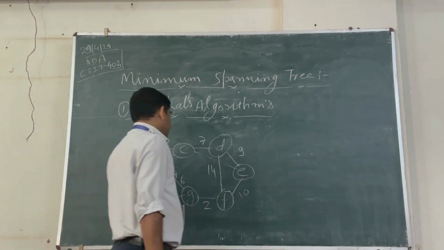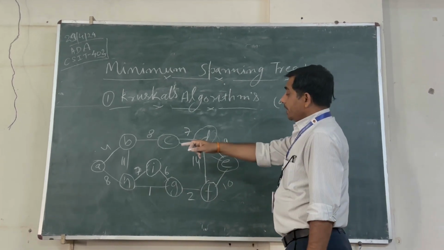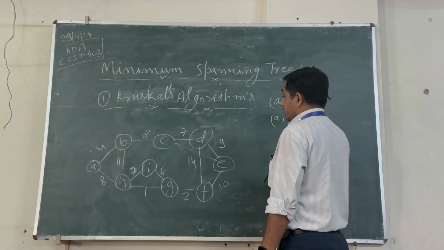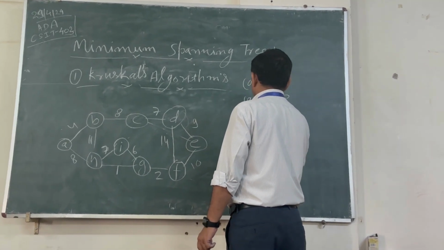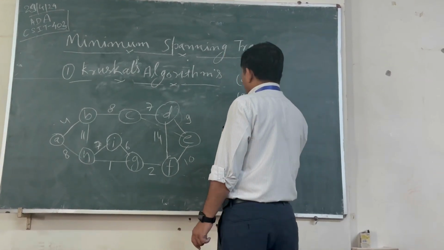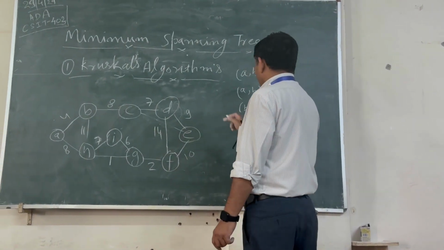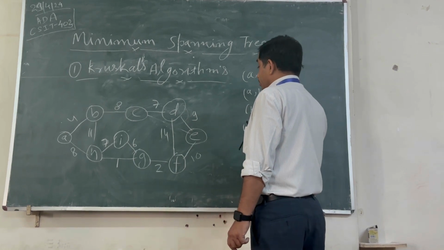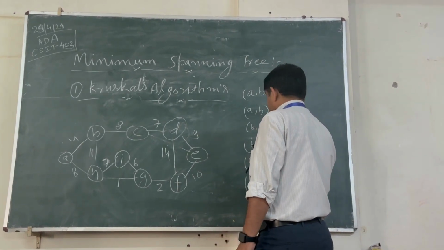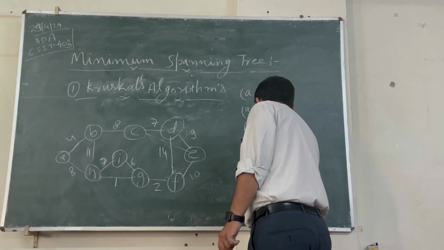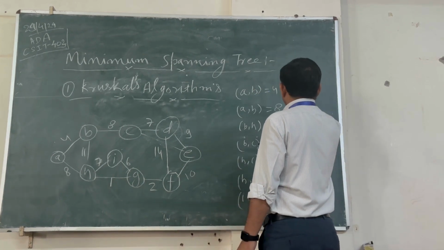So the first one is A to B, the weight is 4, and from A to H, the weight is 8, and from B to H, the weight is 11, and from B to C, weight is 8, and from H to I, weight is equal to 7, and from H to G, weight is equal to 1, and from I to G, the weight is equal to 6, and from C to D,